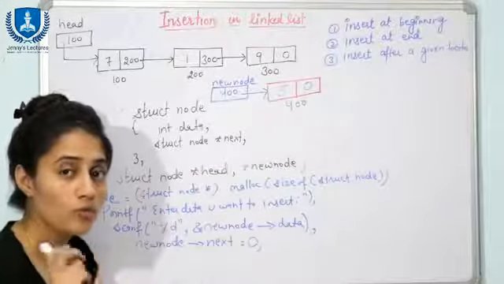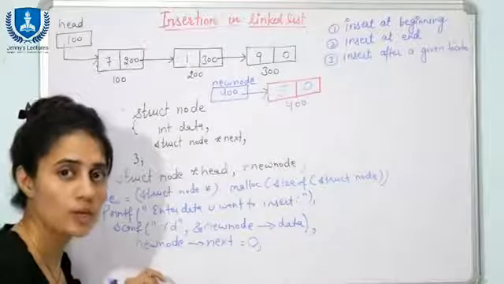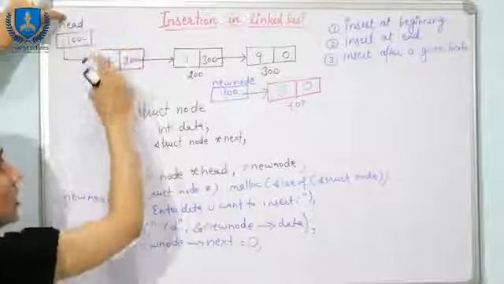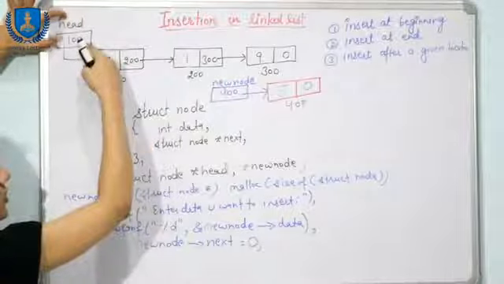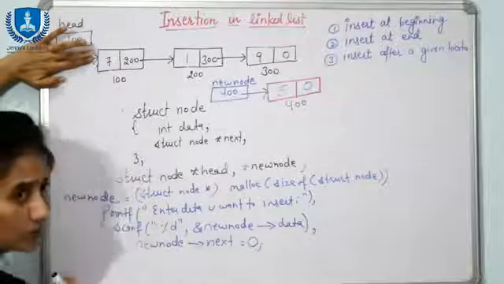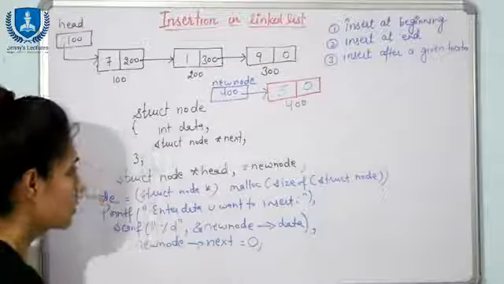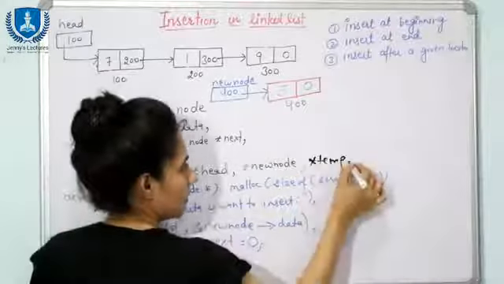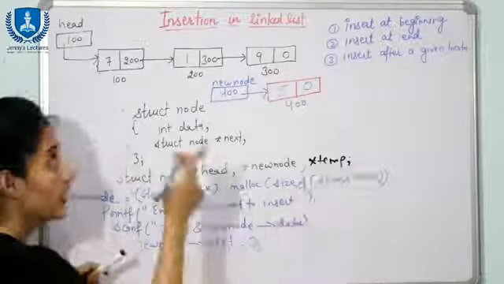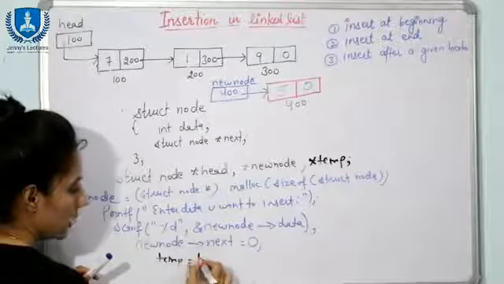Fine. So now how to traverse the list, we have already discussed, using a temp, another pointer variable, that is temp, because we cannot move this head pointer. This is now fixed. If you move this head pointer, if you change this value of this head pointer, then you will lose the reference of this first node, and that should not be done. So you have to take another pointer variable. So now here we will take a pointer variable, that is temp, and first of all we will assign this temp here, head. So temp is equal to head.